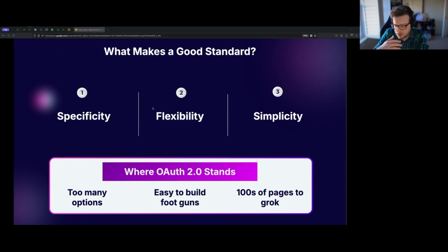And then as opposed to simplicity, the OAuth 1.0 spec is 81 pages. It's not the shortest spec in the world, but it's 81 pages. It's not a lot to read if you really want to understand it. For OAuth 2.0, it's hundreds of pages, in the thousands. And there's no way anyone's going to read all that and have a full understanding in their mind of all the different things you need to think about.